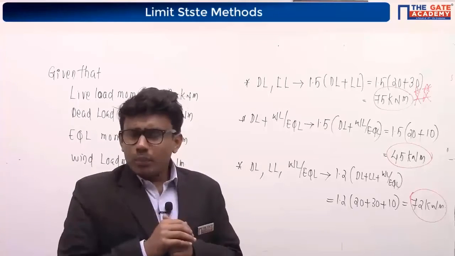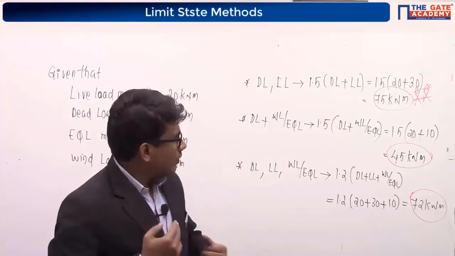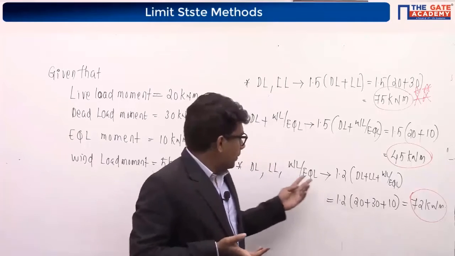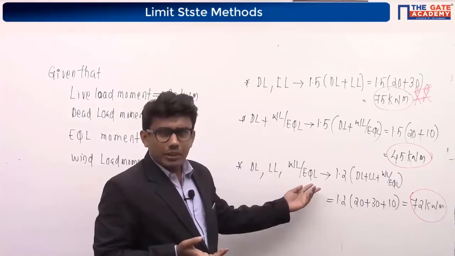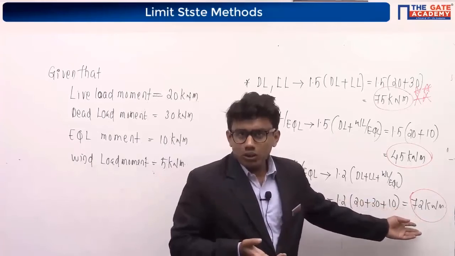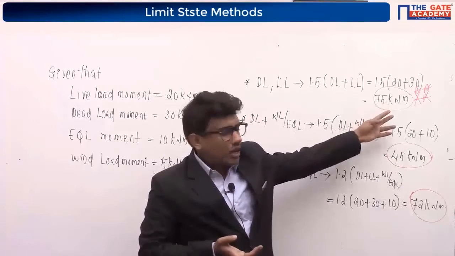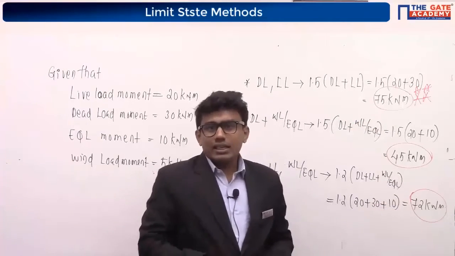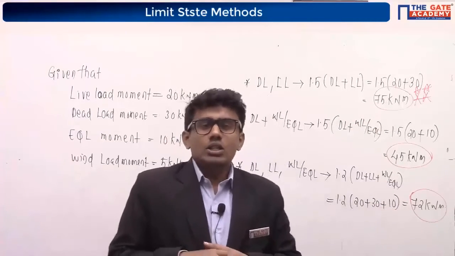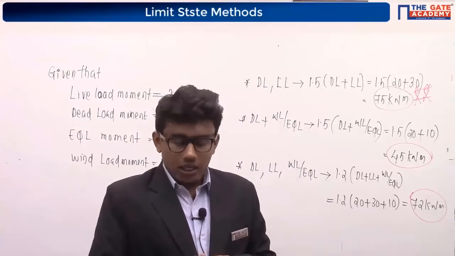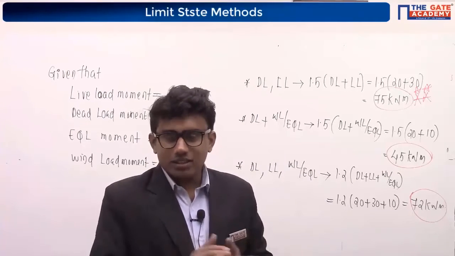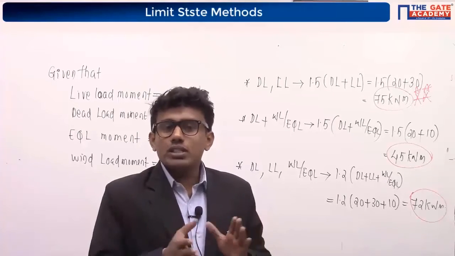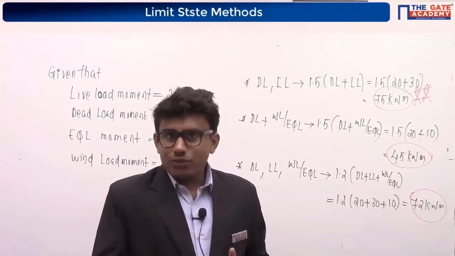All of you made the mistake. All of you have given the answer 72. Why? Because you people have taken all the three load combinations and given the value of 72. We are having a higher value here, so we have to take the higher value. 72 as the answer is wrong. So you made a mistake there. Understand where you are making the mistakes and learn from your mistakes. Just like I used to say, learn from your mistake. That's the thing you have to do. If you do this, success will be yours, because I followed this.